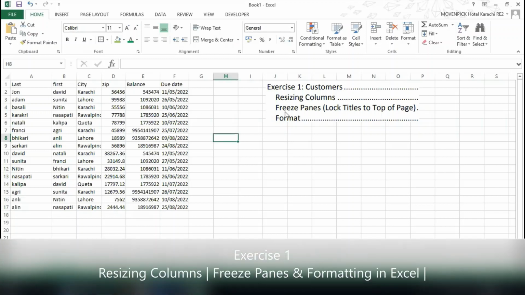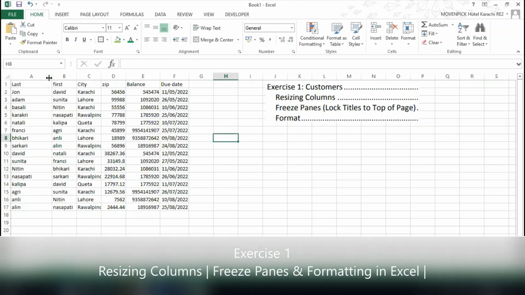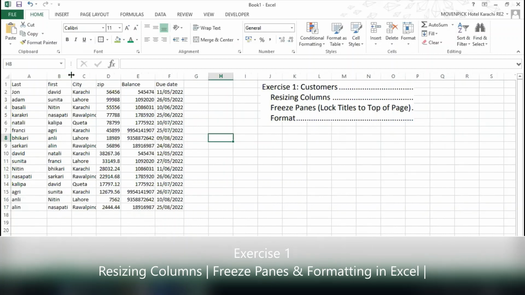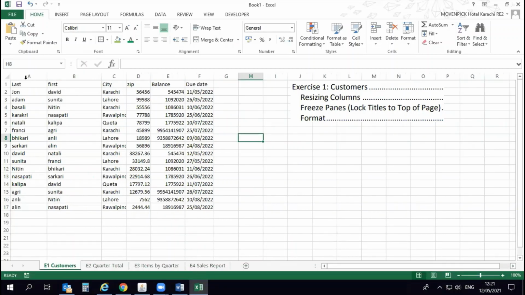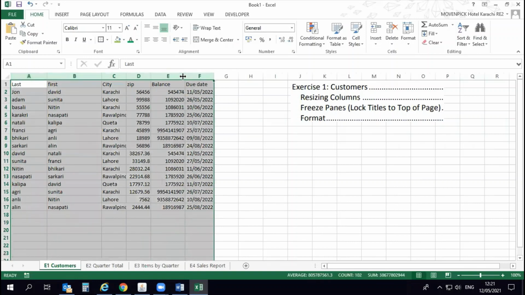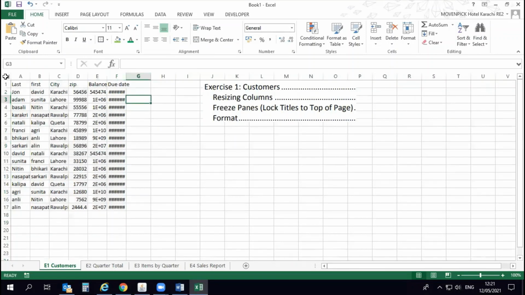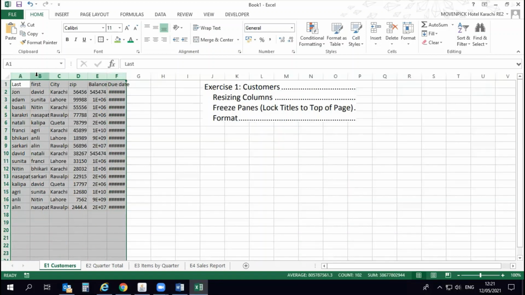First of all, we are going to apply the resizing of the column. We can resize this way, or we can adjust the size as per requirement for each cell, or we can resize the cell by selecting multiple columns and resize one cell to get all the cell sizes equally distributed. But that's not feasible for this report, so we can change the size of the column by clicking between 2 columns